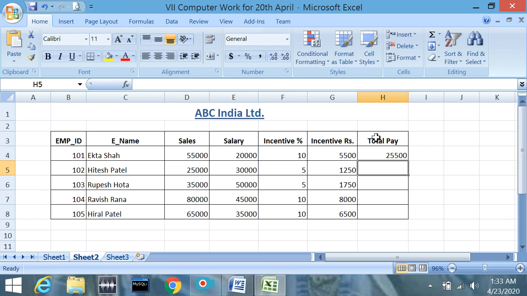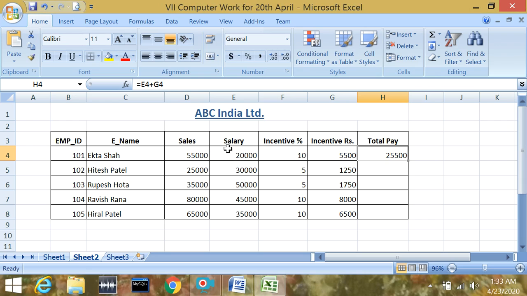Press enter and you can see 25,500. So this employee Ekta Shah will get salary 20,000 plus incentive 5,500, so in total Ekta Shah will get 25,500. Just drag the cell to get the answer for all the employees, and here you can see you got the answer.